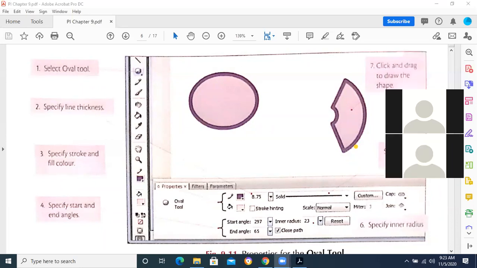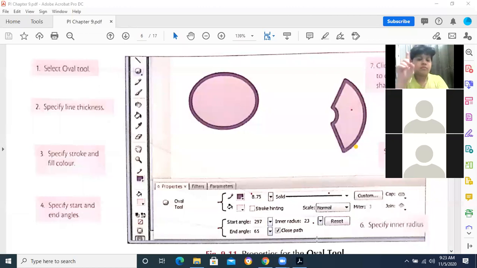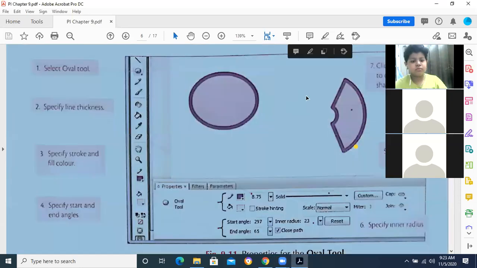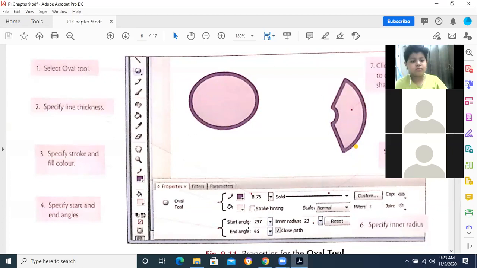If you want 60 degrees or 90 degrees, it will become accordingly. The complete circle is basically 360 degrees. So we can cut down any portion by mentioning the starting angle and ending angle. These are the extra options given in this tool, which are not available in the normal oval tool.